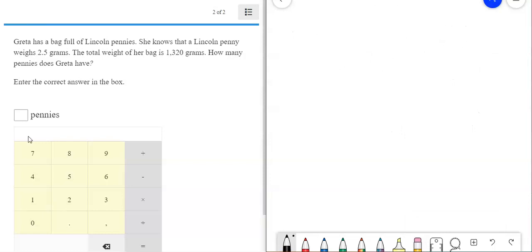Greta has a bag full of Lincoln pennies. She knows that a Lincoln penny weighs 2.5 grams. The total weight of her bag is 1,320 grams. How many pennies does Greta have? Now, when we look at this, we have 1,320